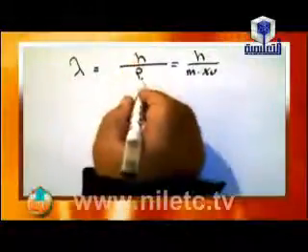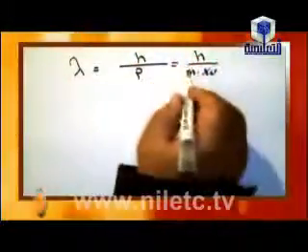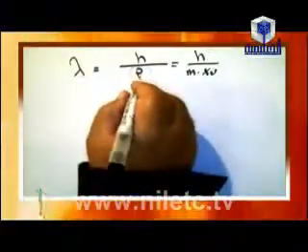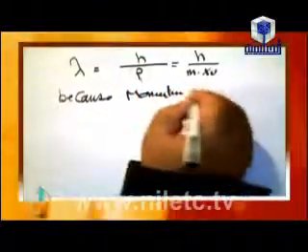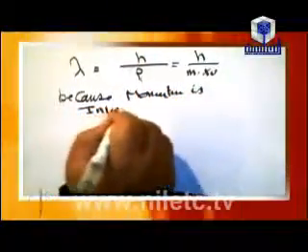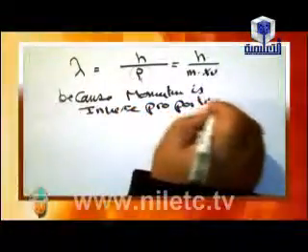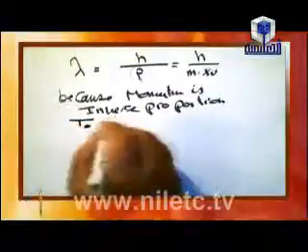Lambda equals h over p, or h over m times v. By increasing the momentum of the electron, the wavelength decreases, because momentum is inversely proportional